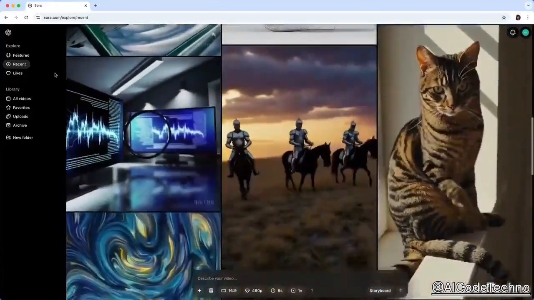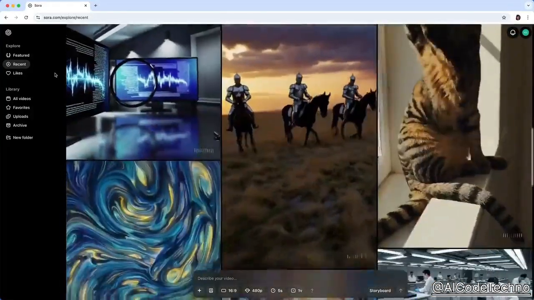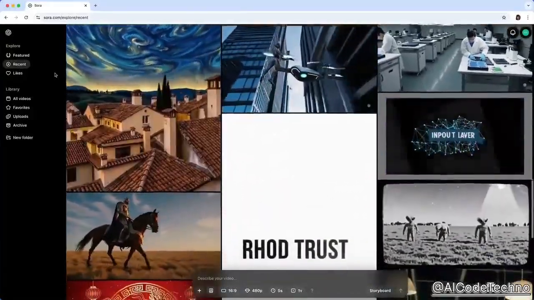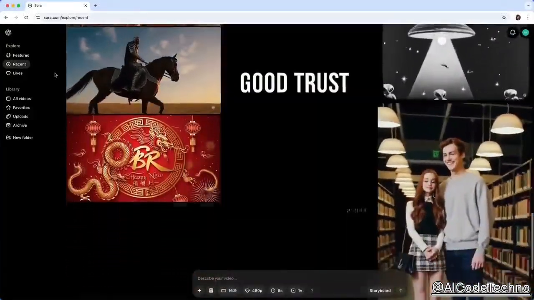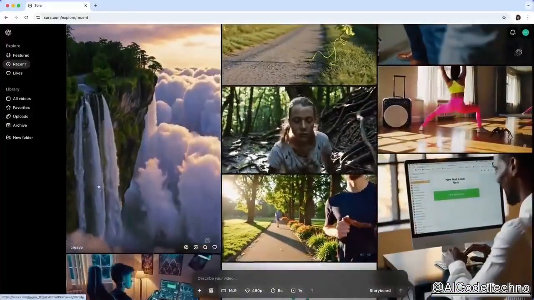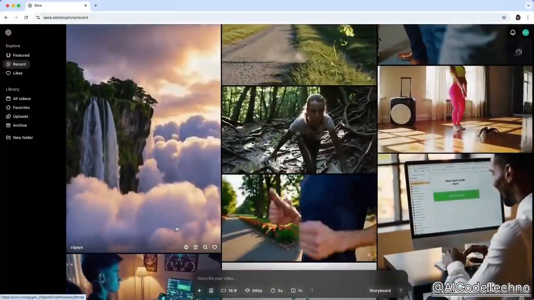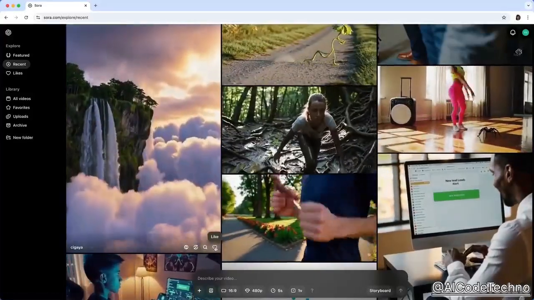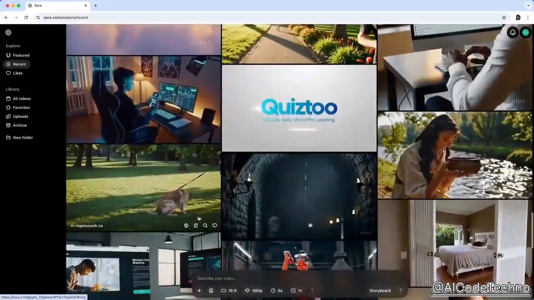This section highlights fresh content that continuously updates in real time, and it can be really nice for spotting trends and looking at what others are creatively doing with the tool. As I hover over each, you can see that each video shows me who created it, and then there's remix, loop, and like buttons. For now, I'll just like a few of these, and we'll explore remix and loop a